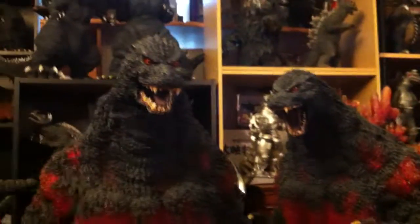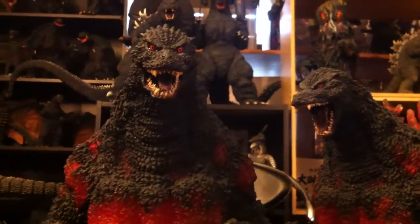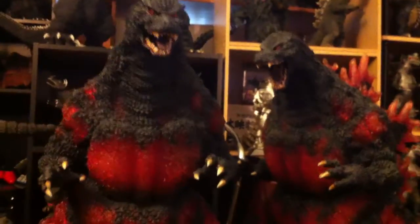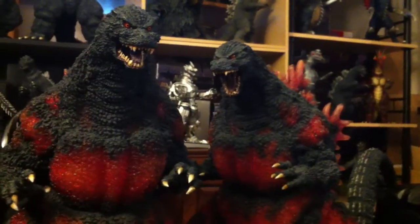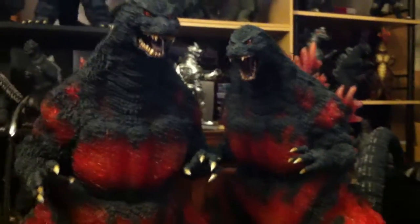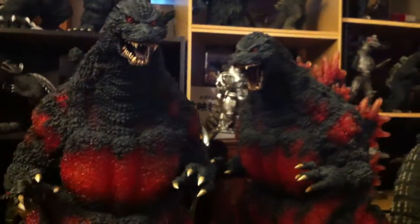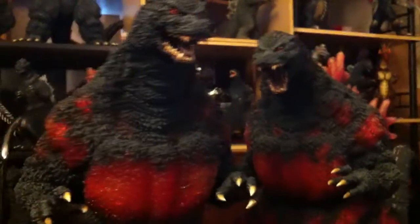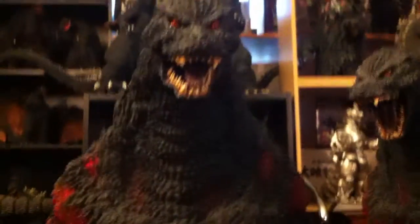And I like this because it gives a new expression to the figure. Of course Godzilla's mad and ticked off and everything, but I just like the difference of expressions. Once again, no surgery required, no cutting tools required, no expert skills required. Just basically a hair dryer, a freezer or a cold environment, and a hair bow and a rubber band, and you're set. But if you're going to be doing this, I highly suggest you be mindful of the tongue,